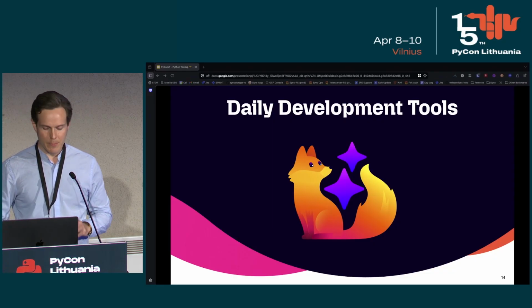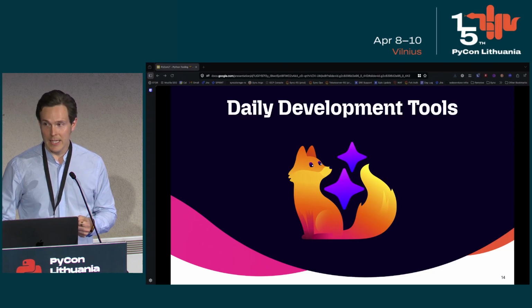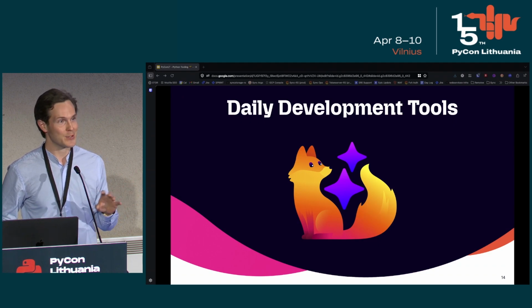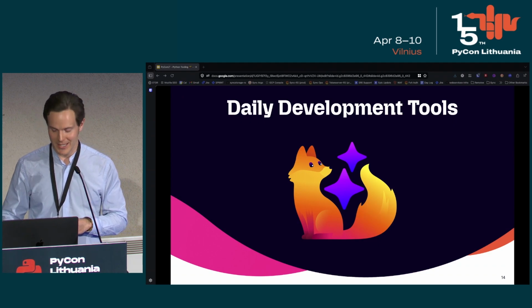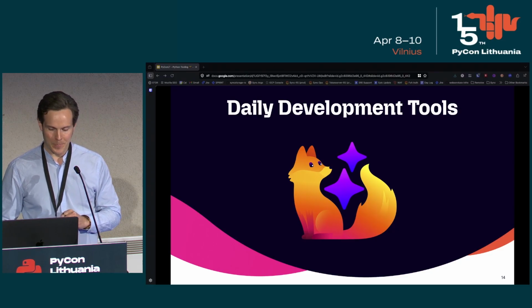So, some of your daily development tools. I'm going to summarize some of the useful tools that I've used on a number of Mozilla projects that we found to be extremely helpful. Of course, it's not completely comprehensive. I'm very curious to talk to a lot of you after and see what you've used. The talk earlier today on Apache Airflow was really insightful and interesting regarding some of the tooling that they use.